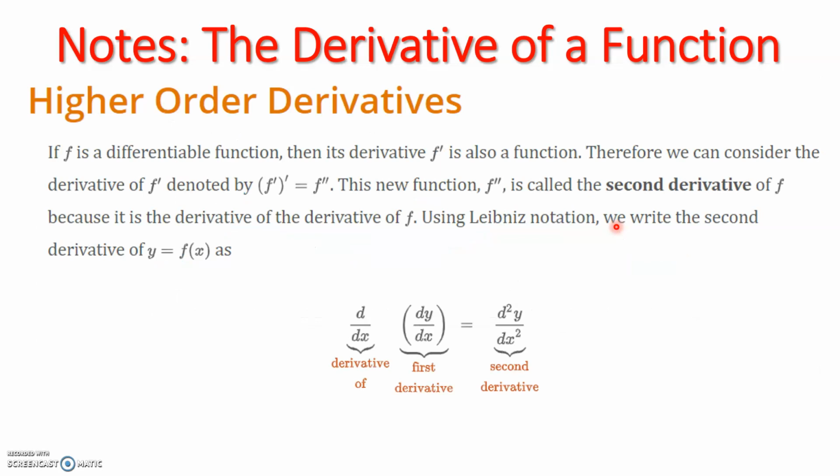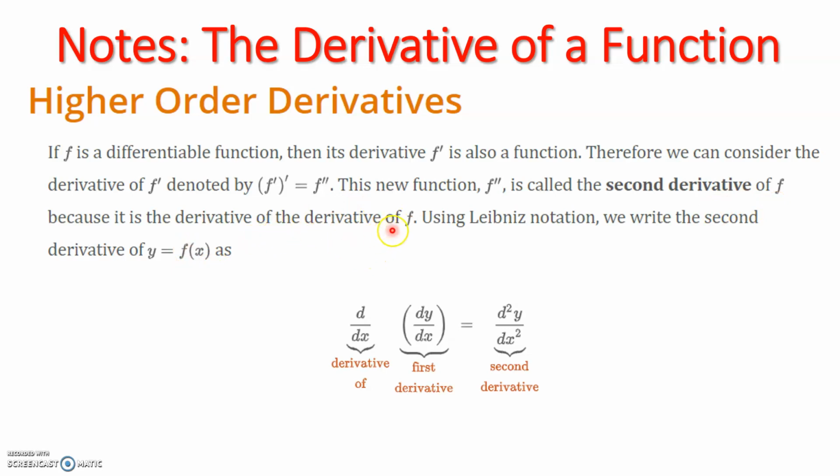All right, we're going to introduce for the first time higher order derivatives. We're going to say this. If f is a differentiable function, then its derivative, f prime, is also a function. Therefore, we can consider the derivative of f prime and denote it by f prime prime, or f double prime. This new function, f double prime, is called the second derivative of f